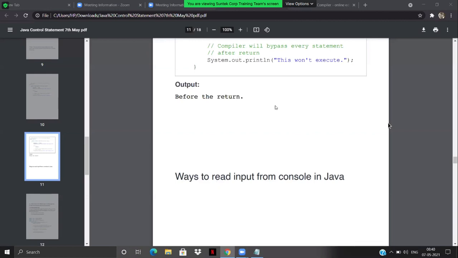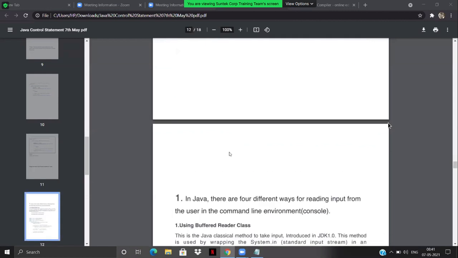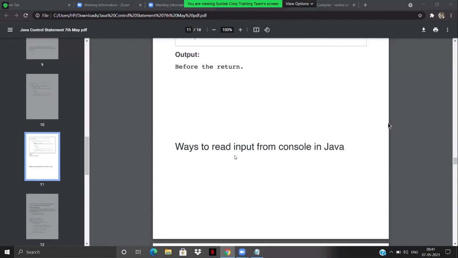Okay, using a Buffer class, good, correct. Okay, creating an object. Then how are you going to read an input by creating an object from the console? It's altogether a different kind of scenario because we want to read the input from the user's point of view. Creating an object can read it if you have already defined it somewhere.